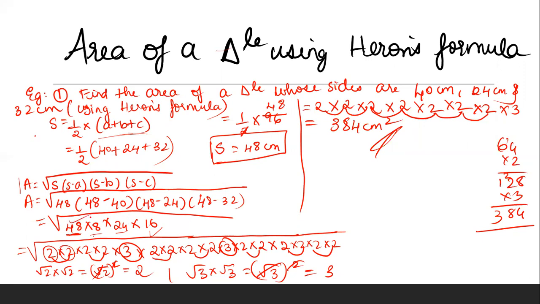We split each of these into their factors, lowest factors. So here we split 2 into 2, then 2 into 2 again, and then everything. And then we group the like numbers into pairs, and we found out the numbers which do not have this square root on top of them. And then we multiplied all of these numbers together to get our area. Very simple, right? So let's see another example.